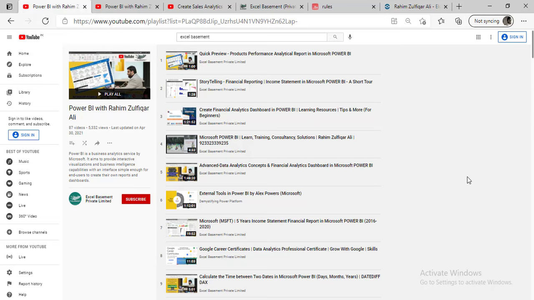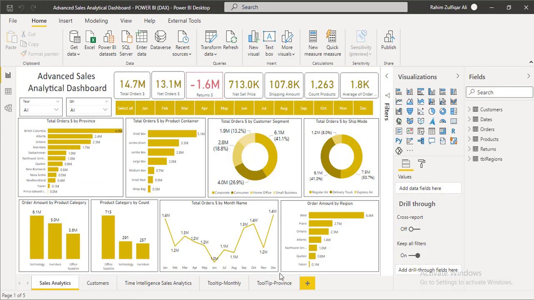The one more thing I want to add here is that I will be explaining this dashboard, and my focus is mainly on DAX, how we can utilize the power of DAX with respect to time intelligence DAX, and also how to visualize a dashboard, what kind of designing rules we need to follow. And this will be an advanced sales analytical dashboard explanation.